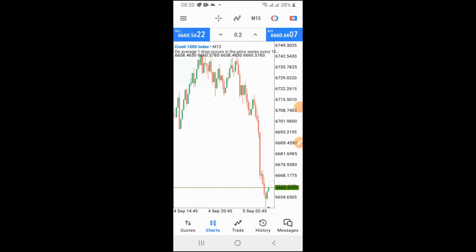In today's video, guys, I am going to quickly share with you the secret on how you are going to trade Crash 1000 Index, whether you are catching spikes or trading it traditionally. All right, so in case of probably most of you that are relying on indicators to open your position or to catch spikes and all that,